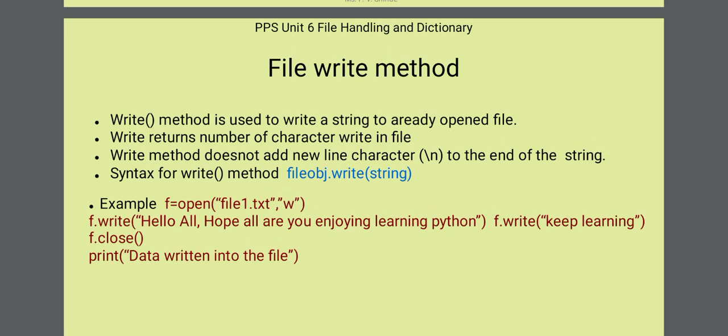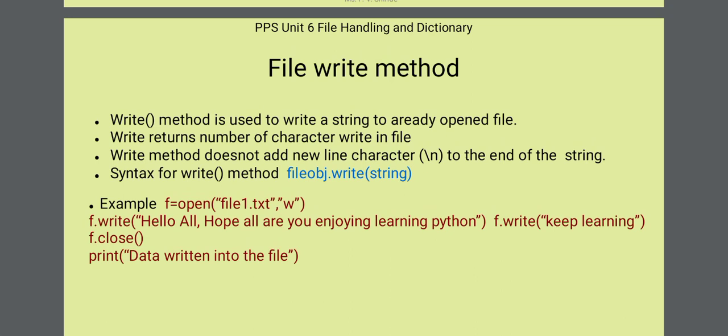Before operating on any file, the file should be open, and hence here first of all the file is opened. The first line of the syntax says open which file you have to open, for example file1.txt, and in which mode you have to open it, here the write mode. We have seen the modes: read, write, append. Here it is W, which means only write mode. It is not W plus, not WB or WB plus. So by default W will open a text file in write mode.